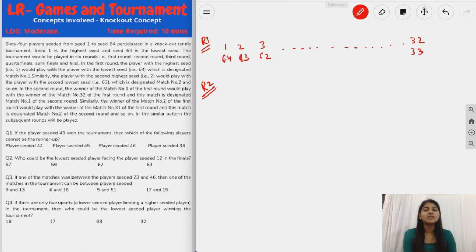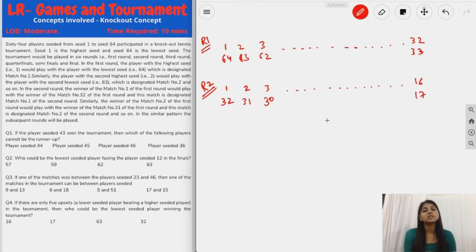So out of 1 and 64, who will win? 1. Out of 2 and 63, 2. Out of 32 and 33, 32. So only 1 to 32 will end up in the next round. And the next round will look something like this. 1 with 32, 2 with 31, 3 with 30, and so on till